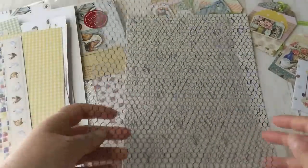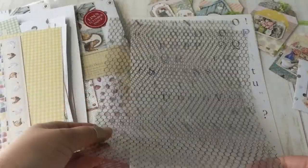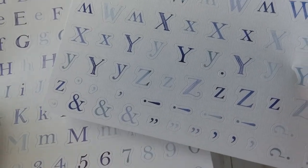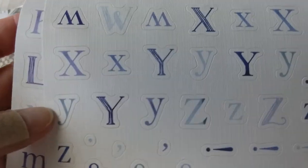Here is the acetate, again some beehive, and also you have die cut stickers, the alphabet. And what I like is, look at how many A's and how many B's in different fonts. And then also you have ampersand signs and quote marks and exclamation points, and all of this in this beautiful linen